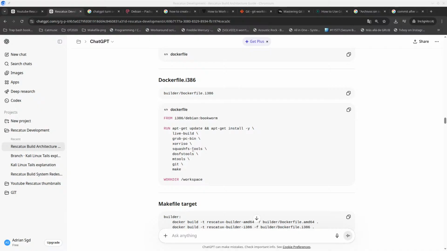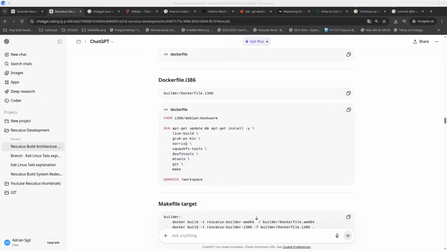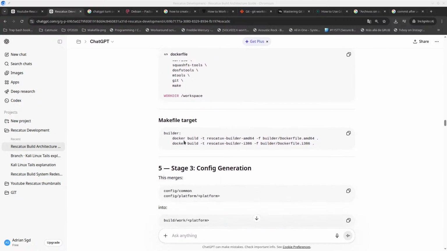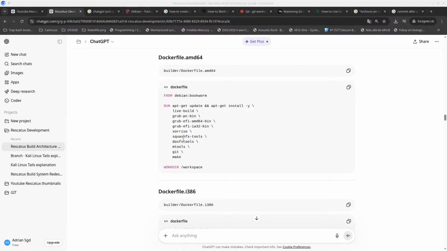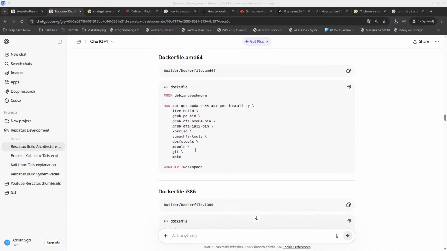But if I'm not mistaken, these packages should not be installed in here but somewhere else, because that's how it works. And yeah, what I should be doing is checking the Docker file for live build and just use that, because otherwise, you know,